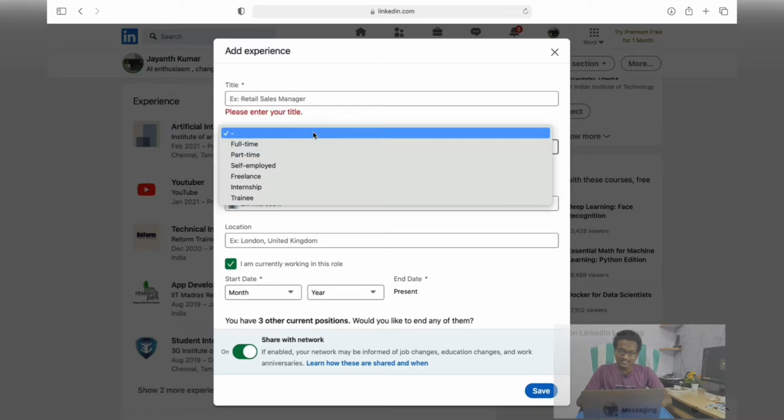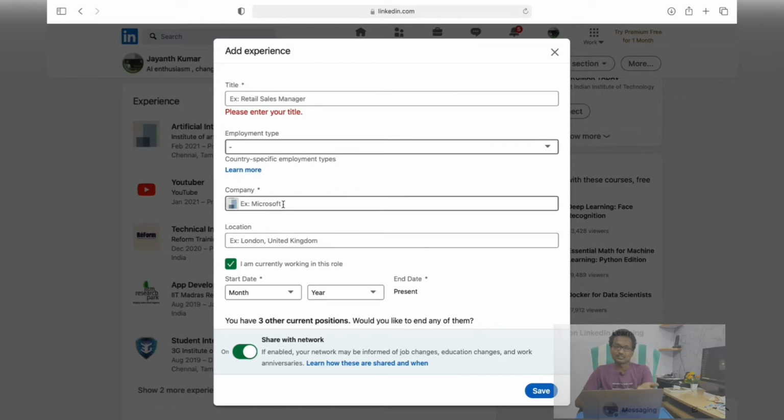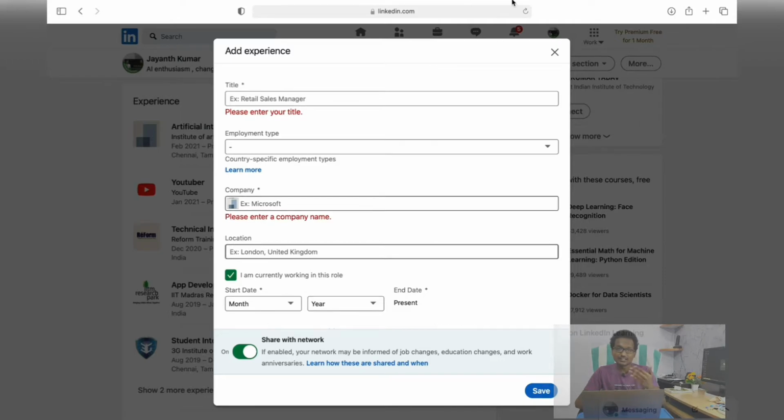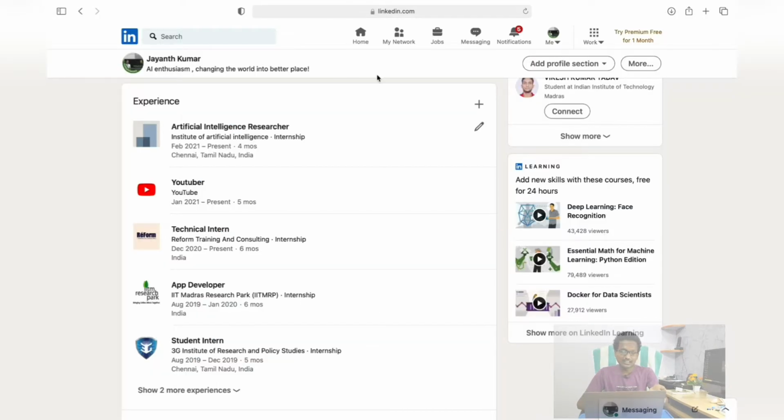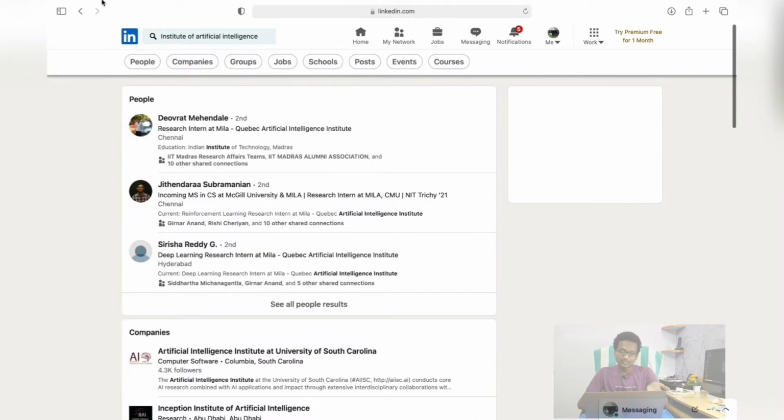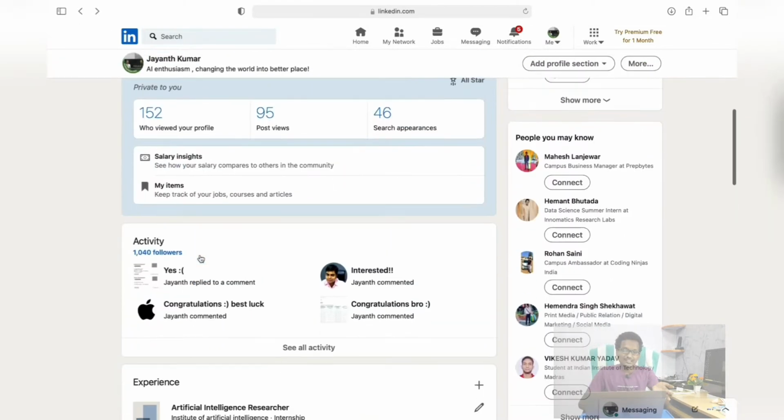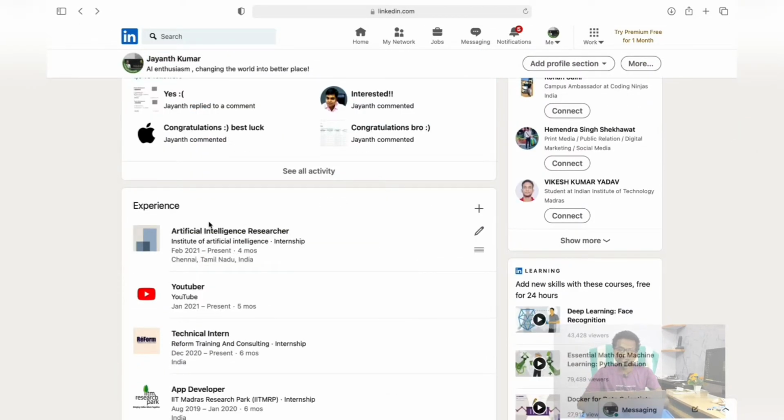Just click on the plus tab here. After clicking that, type the details of the title, like the designation of the work which you have done in past days. Then the employment type, whether full time or part time, just mention all the details here. After that, you need to add the company name, which company you have been working for till now. Then mention the location, and whether it is work from home. Mention all the details here, and then the start and end dates. It depends on the person. As soon as you complete it, just click on the save button. After saving, your details will be added here.